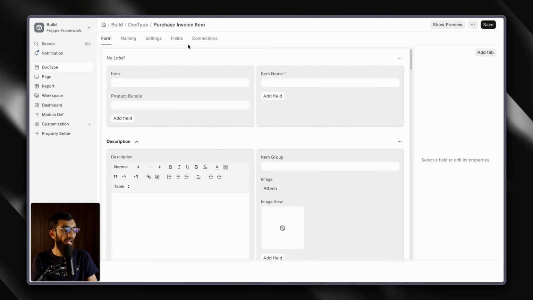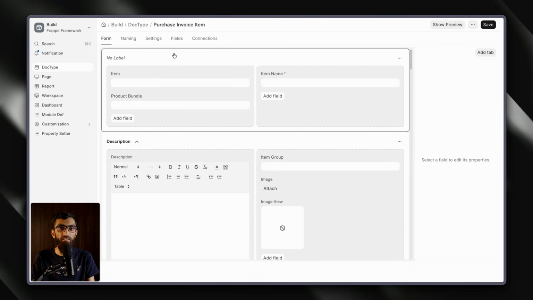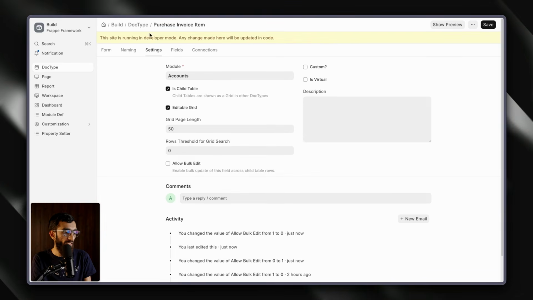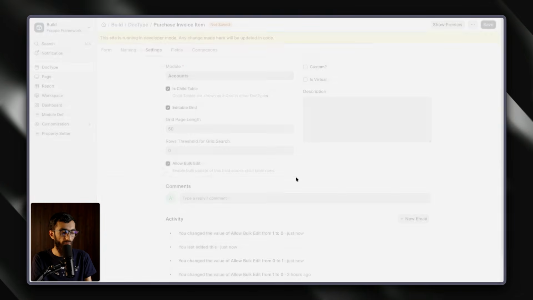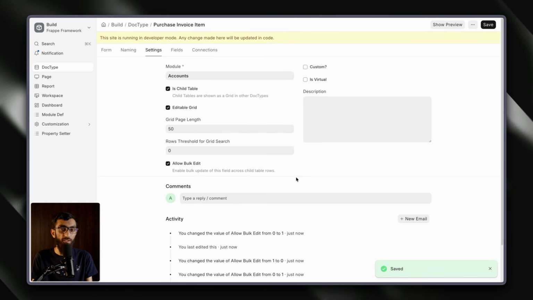This feature lets you allow bulk edits on child table. Let me show you with an example. Here I have the purchase invoice item, which is the child table of items in the purchase invoice. If I go to settings, we have this new option called allow bulk edit. You check this, hit save. Now if you go into a purchase invoice,